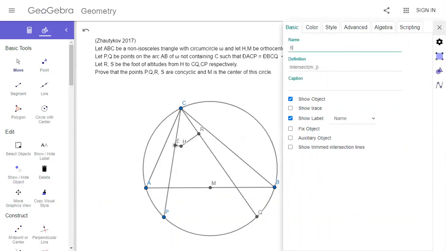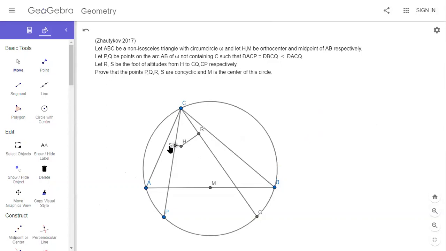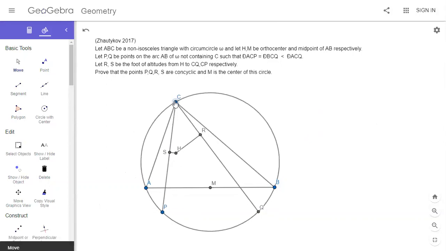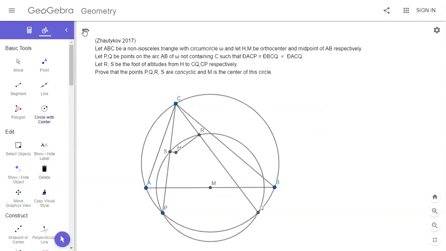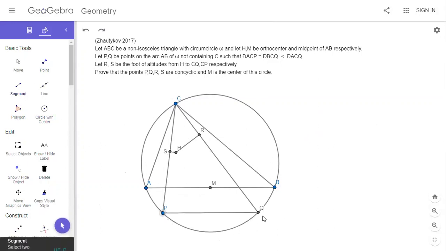So that's S. Prove that PQRS are cyclic with center M. Okay, that's interesting. So it's clear that MP is equal to MQ since PQ is parallel to AB. It's just showing, but if you do a homothety, yeah, like if you dilate,